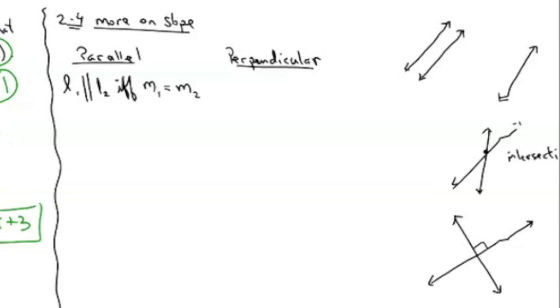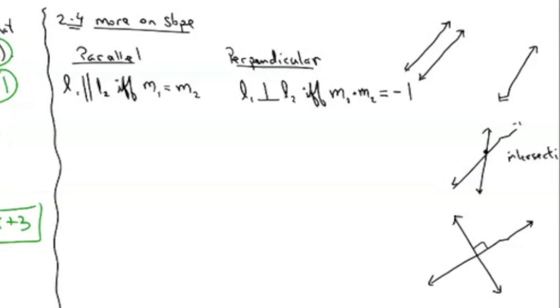So I'll just say it. Line 1 is perpendicular to line 2 if and only if you take the two slopes, m1, m2, and their product is equal to -1. Their product is equal to -1. So parallel is real simplistic. Their slopes are exactly the same. Perpendicular is a little stranger. Their slopes' product is the opposite of 1, which is kind of strange. But there's a reason behind it, and I can prove it. I really can. It's just none of you will like it.